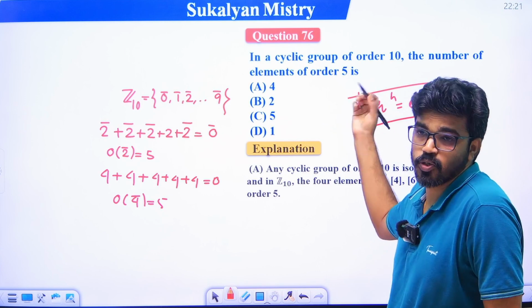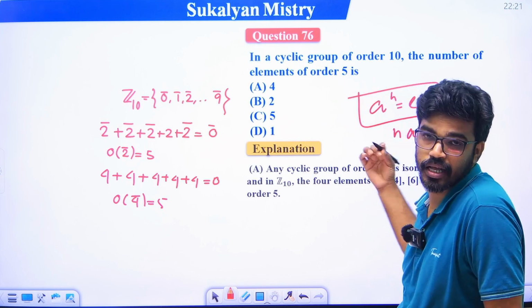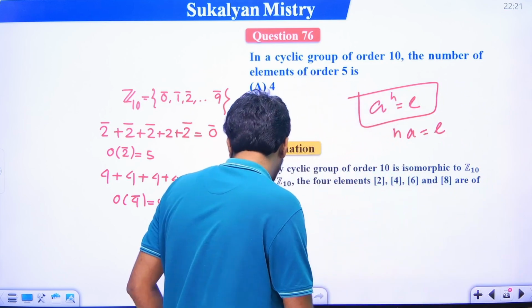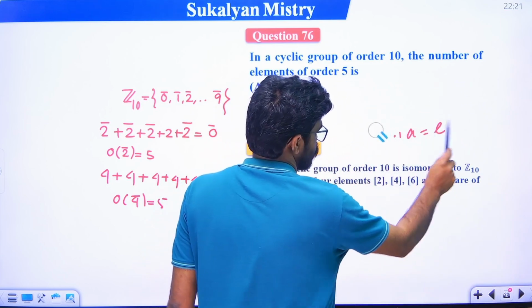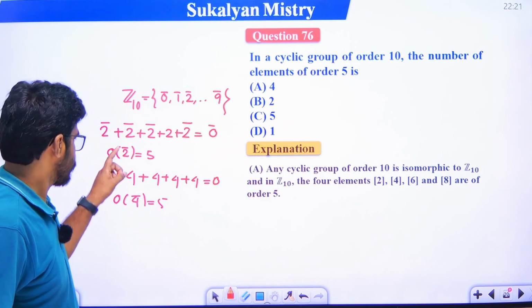This is with respect to multiplication, and with respect to addition n a is equal to e. Okay, already discussed, so I am not discussing it again now. Okay, so in this group order of